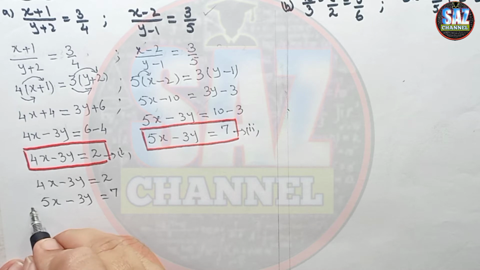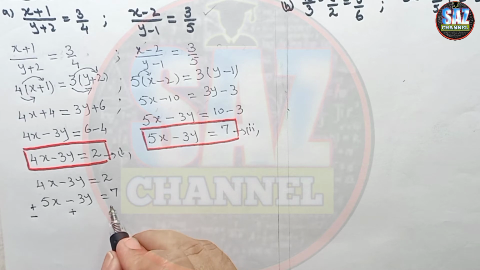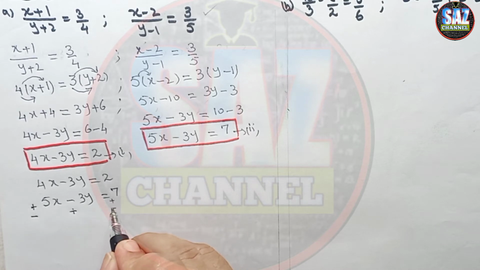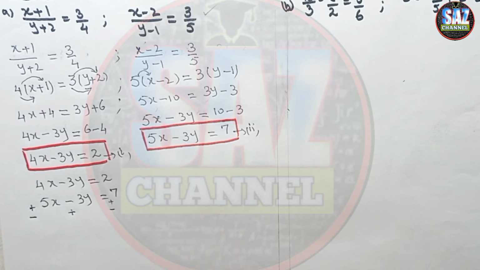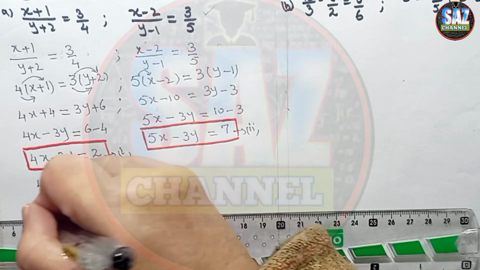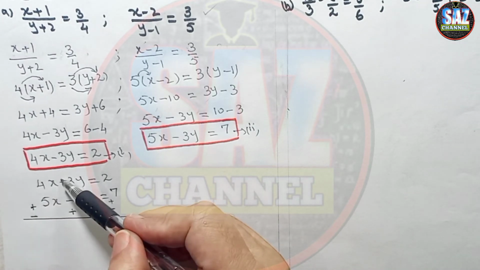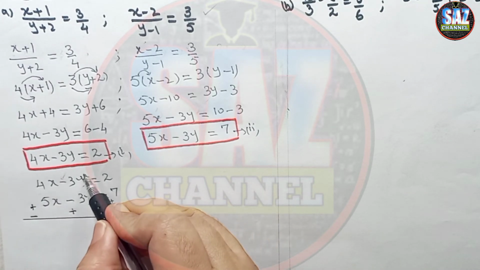Recall the rule that we have to subtract the equations, or we have to change the sign of the second equation, and when this sign was already negative it will become positive, and this sign was positive so it will become negative. Now first let me draw the line here to give a neat presentation. Okay, now 3 with minus sign and 3 with positive sign,